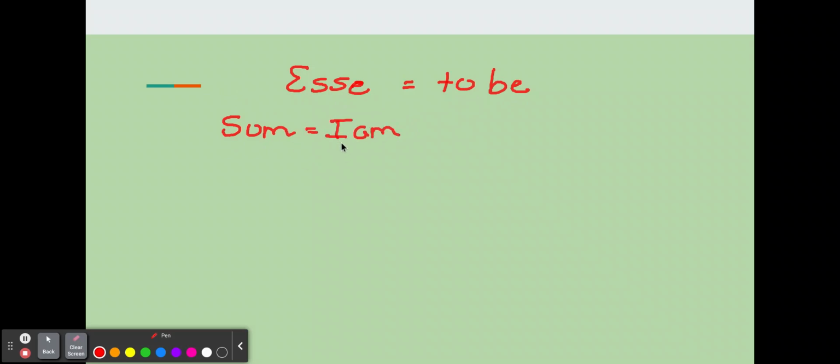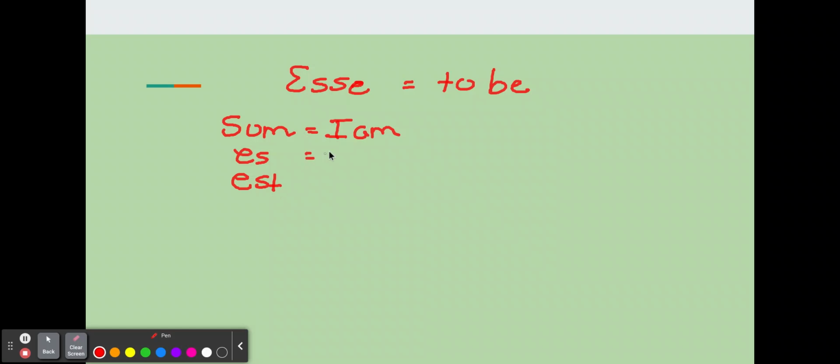Let's clear this out. Now, they're called irregular because they don't fit the normal pattern of o, as, at, amus, atis, ant. So we'll look at one called esse. And esse is an irregular verb meaning to be, to exist. You break down esse into this. Sum, this is in the singular. Sum means I am. That's to be, sum. Then it's es, and then est.